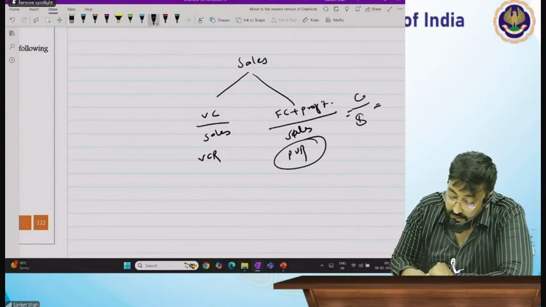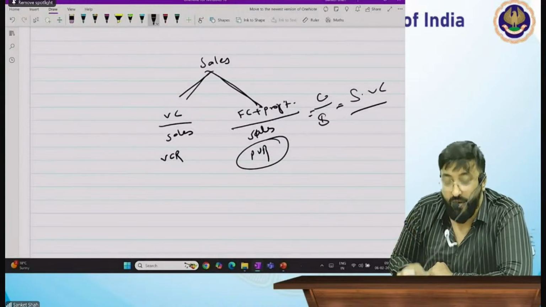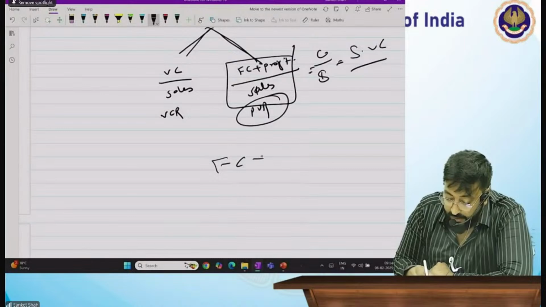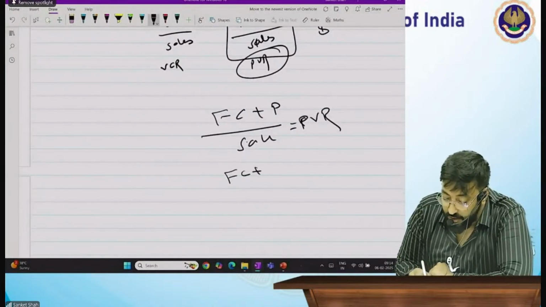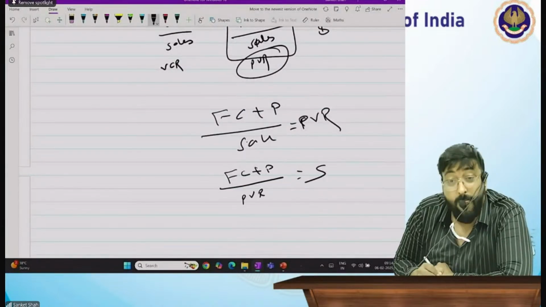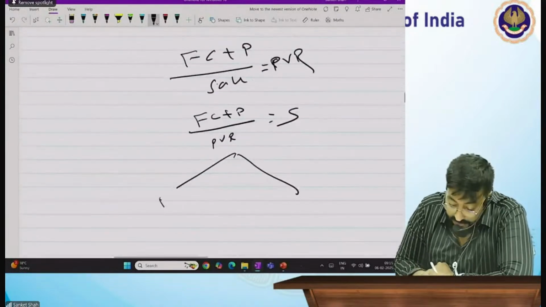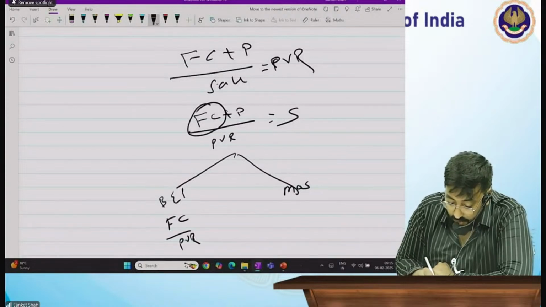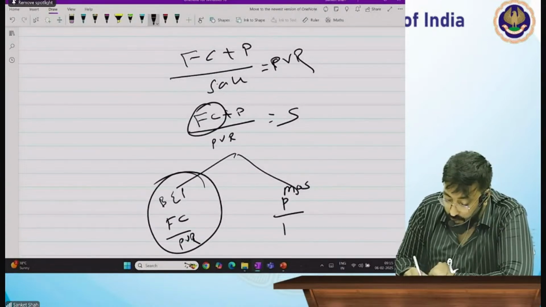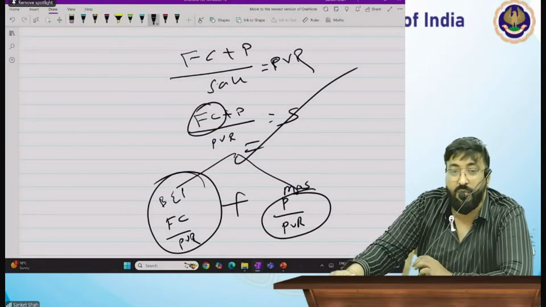कंट्रीब्यूशन अपॉन सेल्स और सेल्स माइनस वेरिएबल कॉस्ट। बस मैंने सिर्फ ये बाइफरकेट किया और मेरे फॉर्मूले तैयार हो गए। फिर मैंने ये मेन फॉर्मूला उठाया, फिक्स कॉस्ट प्लस प्रॉफिट अपॉन सेल्स इज इक्वल टू पीवीआर। कैन आई राइट फिक्स कॉस्ट प्लस प्रॉफिट अपॉन पीवी रेशियो इज इक्वल टू सेल्स? यस सर। अभी ये सेल्स दो पार्ट्स में डिवाइडेड है, एक बीईपी सेल्स और एक मार्जिन ऑफ सेफ्टी सेल्स। फिक्स कॉस्ट अपॉन पीवी रेशियो, ये बीईपी सेल्स हो गया। एंड प्रॉफिट अपॉन पीवी रेशियो, ये मार्जिन ऑफ सेफ्टी सेल्स हो गया। और बीईपी प्लस मार्जिन ऑफ सेफ्टी इज इक्वल टू टोटल सेल्स।